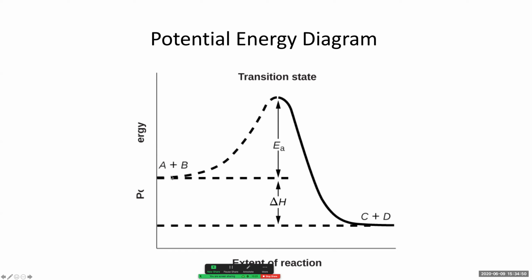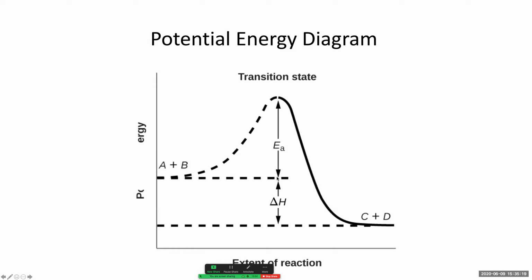But this reaction profile has a big hump in it. And this hump is called the activation energy. This is the energy required of the reactant molecules in order to break the bonds in the reactant molecules and form the new bonds in the product molecules. So that's how much energy these molecules have to have